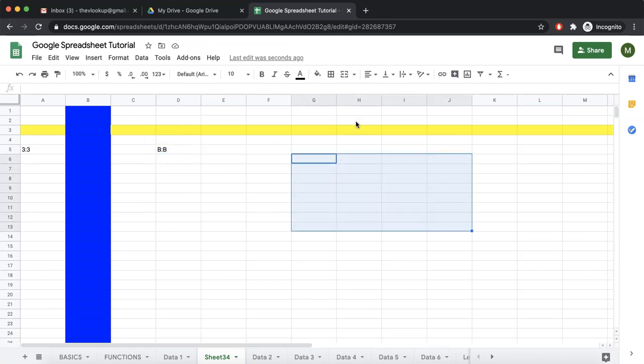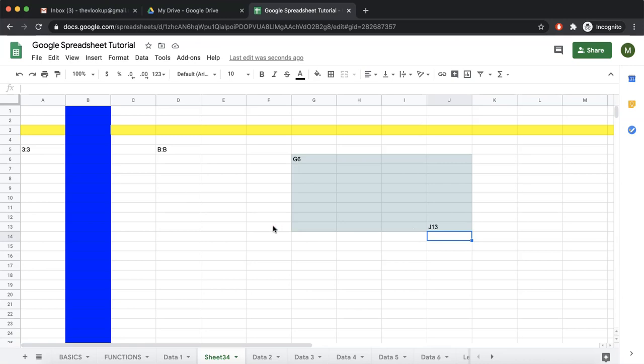This one, if it is a range, which is neither a row nor a column, we take the upper left cell and the lower right cell. So the upper left cell is G6. The lower right cell is J13. It's a good practice to write the cell or range name in capital letters.